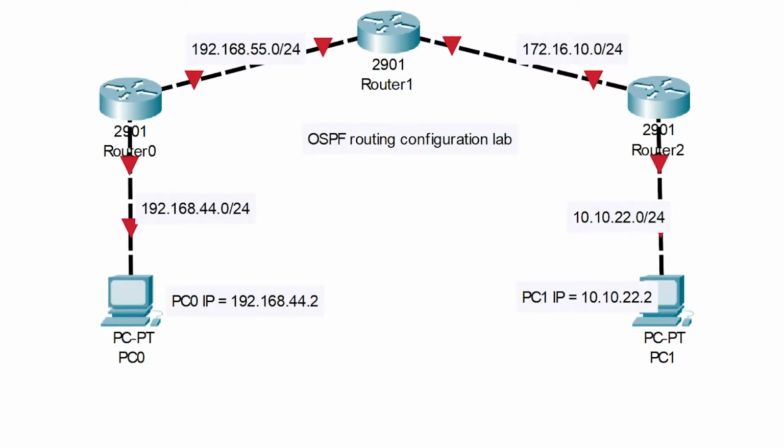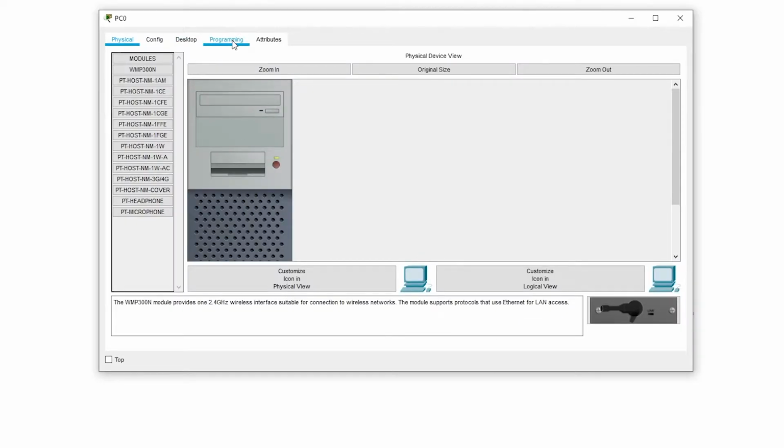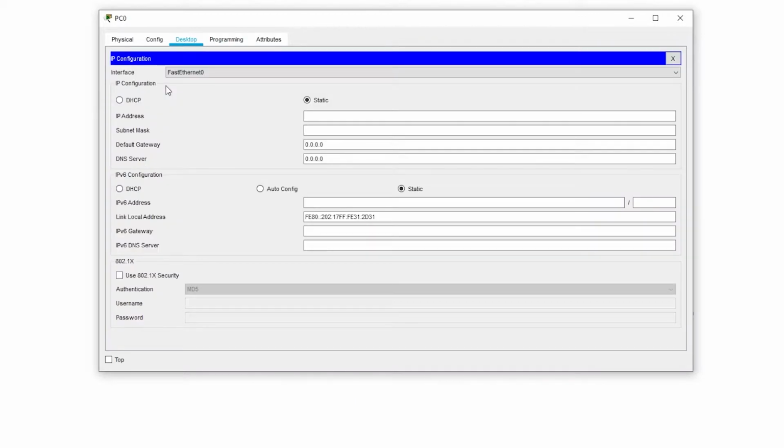Okay, the first thing it has us do is set up the internet addresses for the two PCs. PC 0's internet address, I'm going to set up as 192.168.44.2 with a 24-bit subnet mask. The default gateway is 192.168.44.1.